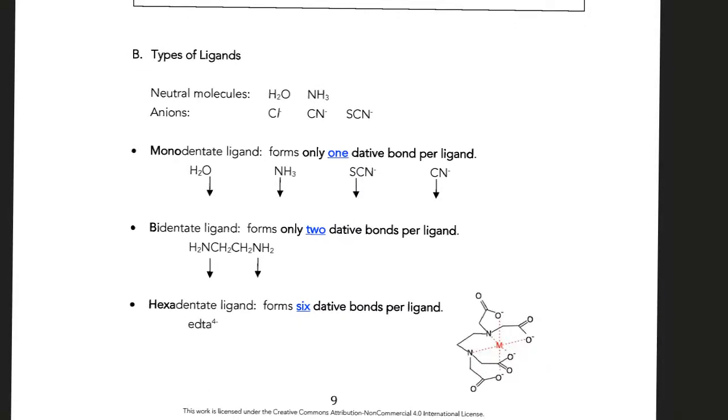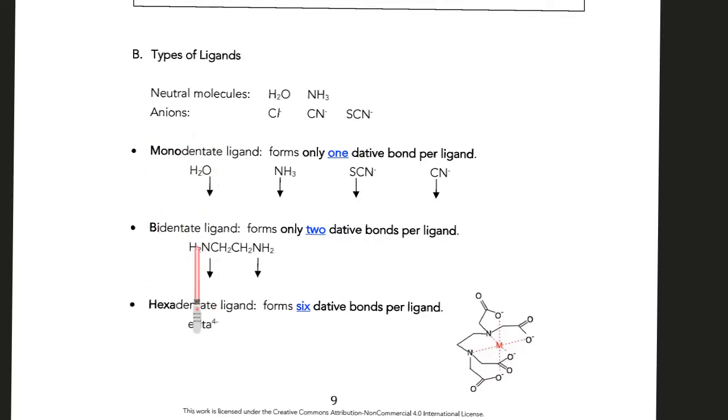Now, as I mentioned just now, the number of dative bonds that a ligand can form with the transition metal can vary. If it only forms one dative bond, for example water, ammonia, or SCN-, where SCN can use the sulfur or nitrogen to form a dative bond, basically this can only form one dative bond per molecule or per ligand, so this is known as